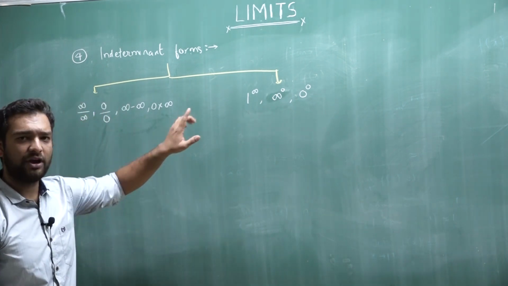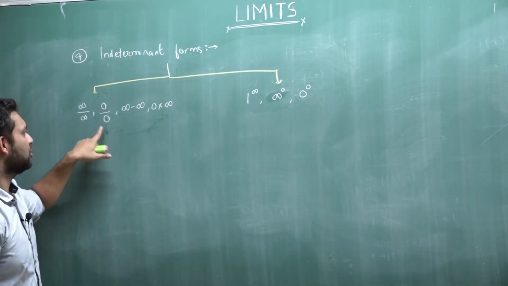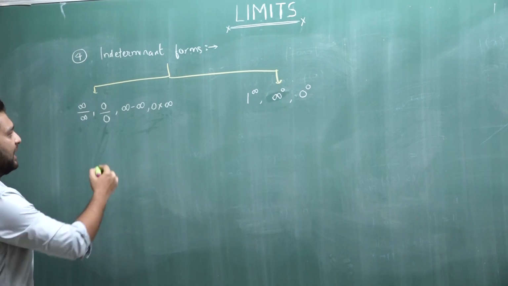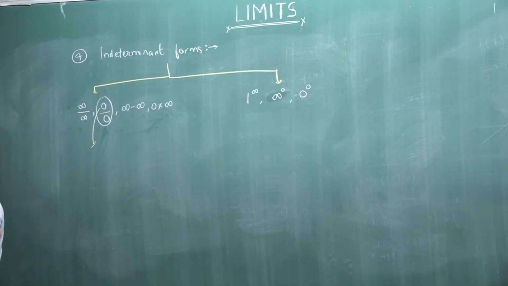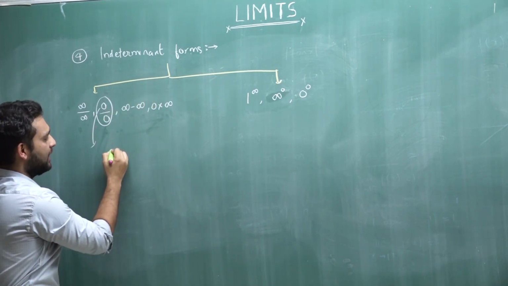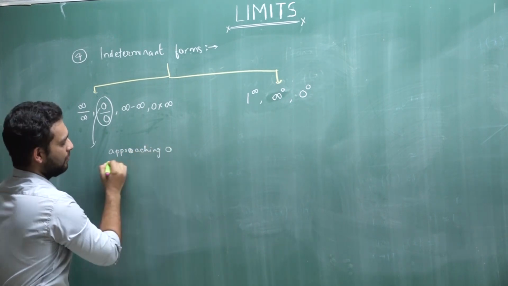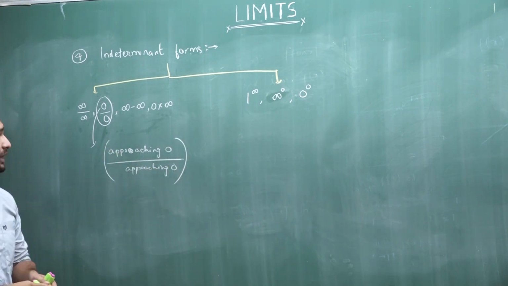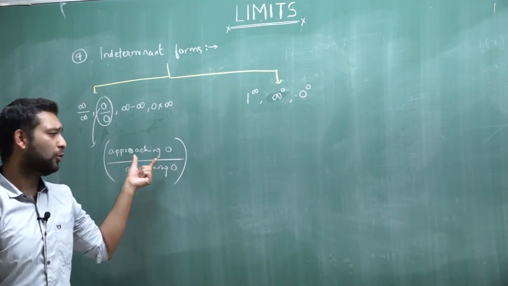Again, one more thing you have to keep in mind is this. Whenever we talk about 0 by 0 or infinity by infinity, infinity minus infinity or 0 into infinity, you must keep in mind that in 0 by 0, if both numerator and denominator are approaching 0 and not exactly 0, again I am saying, this will be an indeterminate form only when both the numerator as well as the denominator are approaching 0 and none of them is exactly 0.